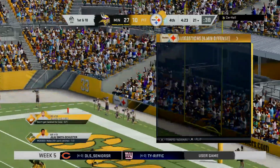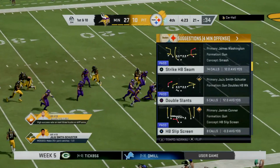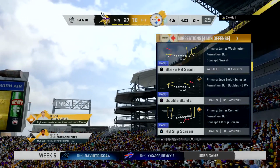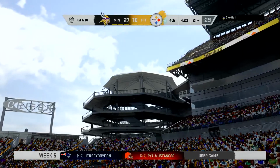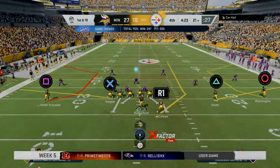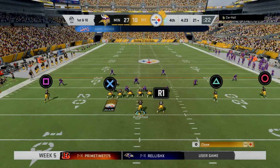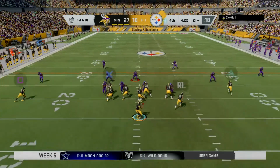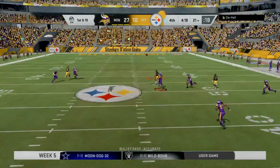We got this. 1st and 10 at their own 21-yard line. The Pittsburgh offense at the line to start their next drive. And on that last drive, went for it on 4th, turned it over. But good job by their defense, though. They held them to 3, but this offense, they've got to be a little bit better, a little bit more careful here. And sometimes when you see these calls on 4th...